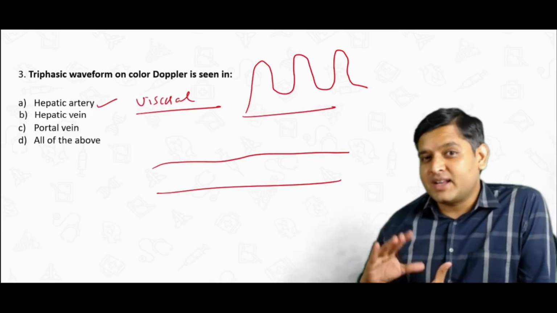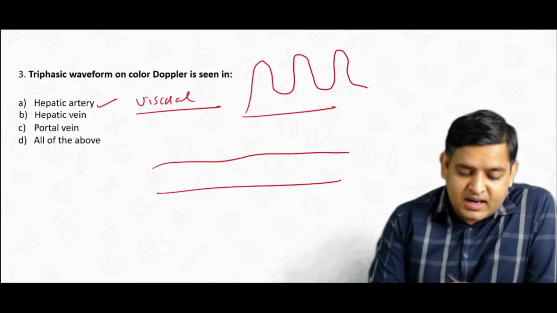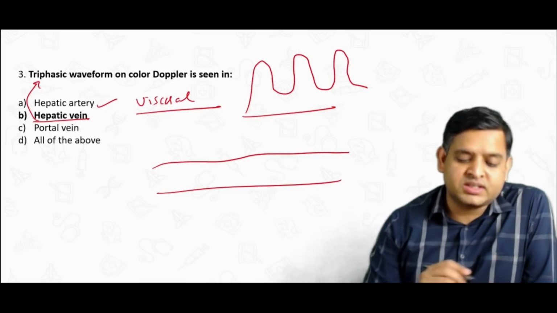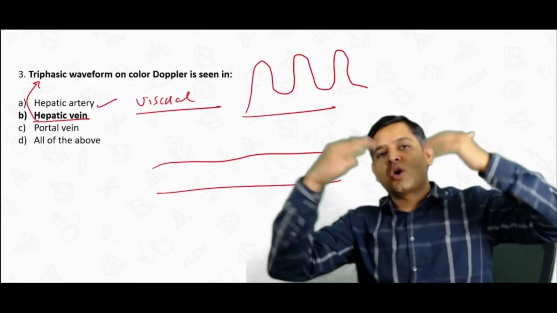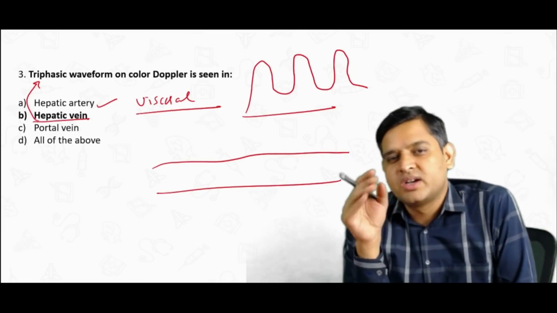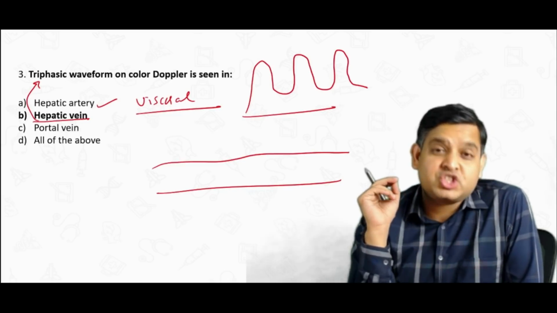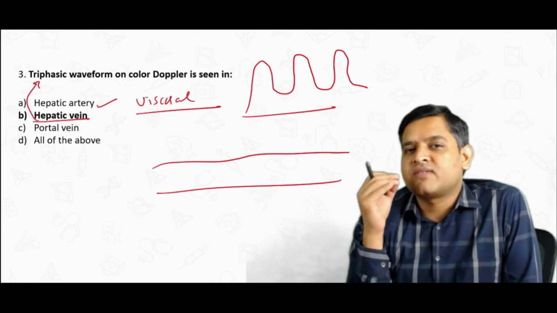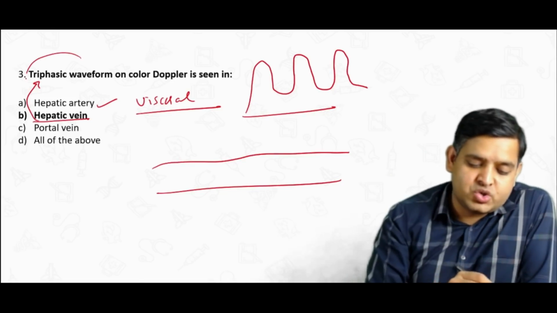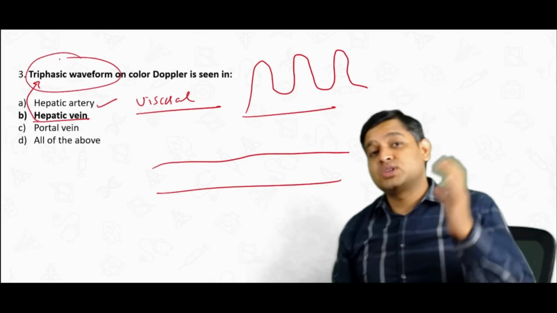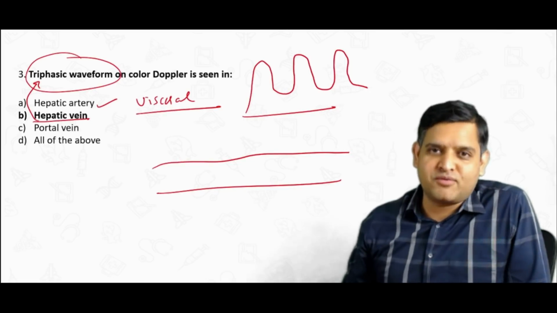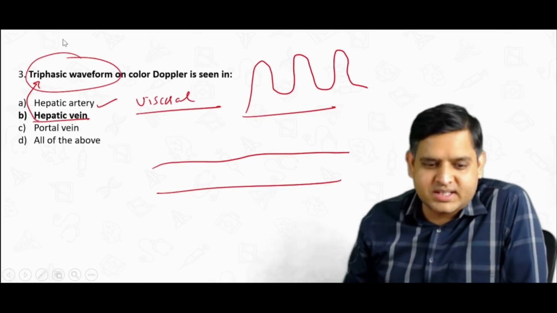Now, hepatic vein is a vein, but please remember, a hepatic vein is an exception. It shows a triphasic waveform because of its connection with the IVC, which is in direct continuation with the right atrium. The changes in the hepatic vein reflect the changes in the right atrial pressure, and the normal hepatic vein shows a triphasic waveform. So this is one vein which has an exceptional triphasic waveform. So this was a googly for you in the exam.